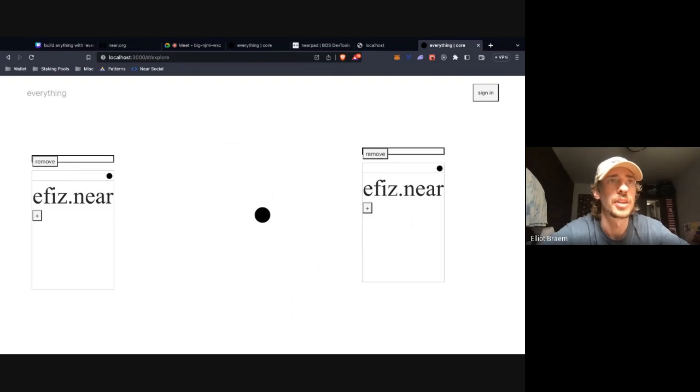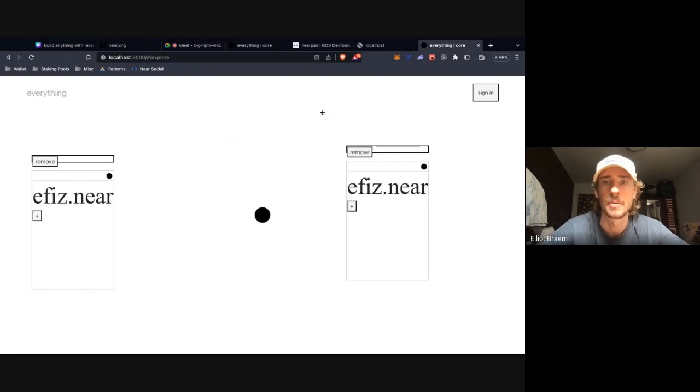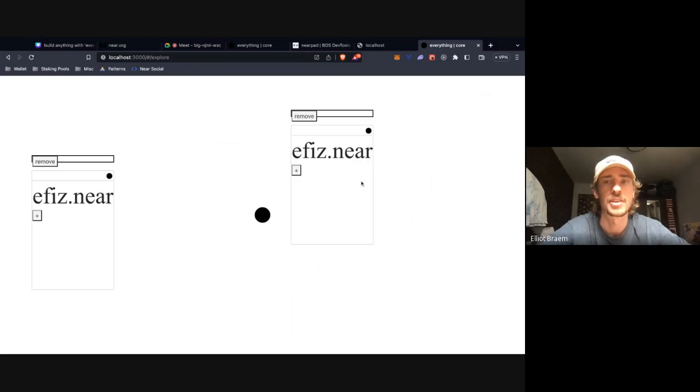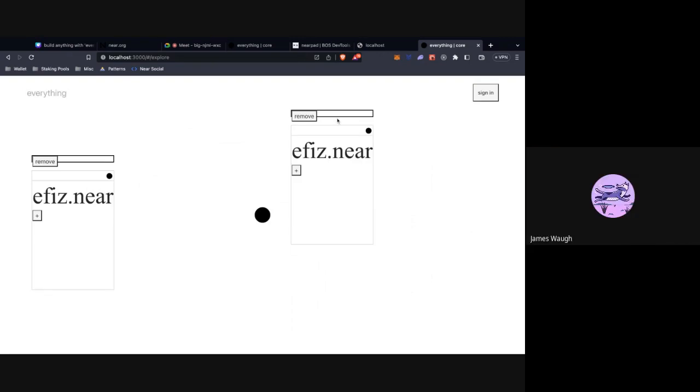The only thing would be if there is a near social bridge. So widgets don't really have access to Canvas. That's not in the VM. But maybe if there was a near social bridge component that somebody made, and then their React app that gets bridged has access to the canvas. I thought you just had to use iframe. You didn't have to use the bridge.